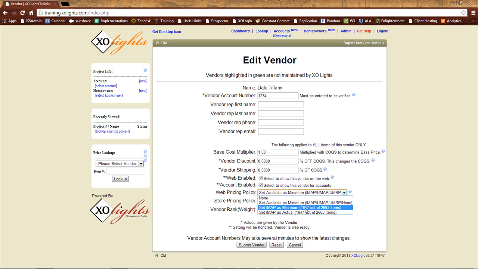So for example, if you're trying to set pricing at a 1.8 and the vendor's pricing policy is at a 2.0, it's going to be bumping you up to a 2.0 to keep you in compliance with the pricing policy. So if you have one of these set as minimum, it may be bumping you up a little bit, and in all actuality, you want it to be doing that. Now the set available as minimum here is just going to look at IMAP, UMAP, and UMRP, and if it finds those from the vendor, it will set those as minimum